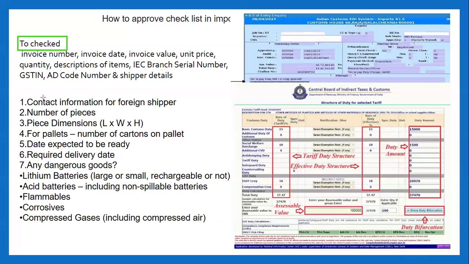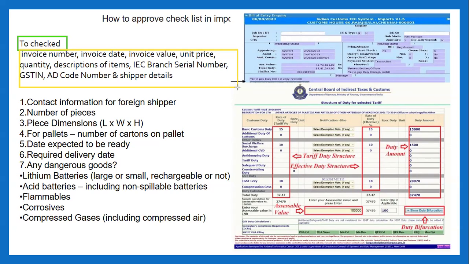Once we receive the intimation document from the supplier, after checking and verifying it, the first step is to share this document with our CHA freight forwarder. The CHA freight forwarder checks and files a bill of entry for the shipment.